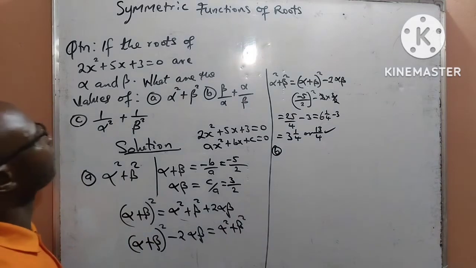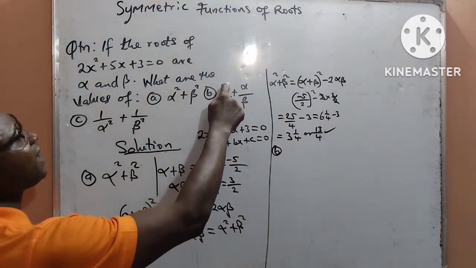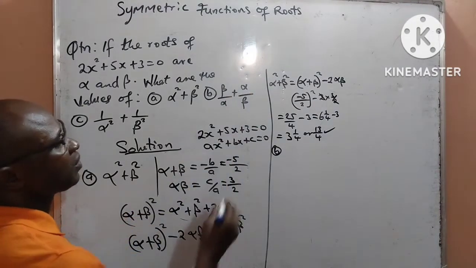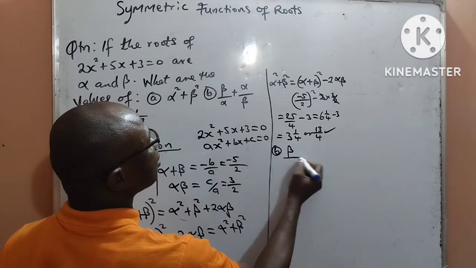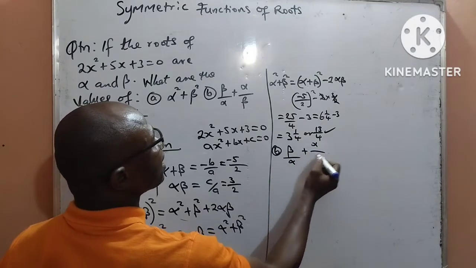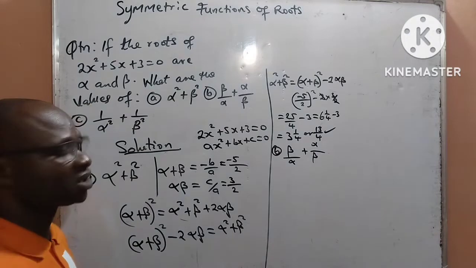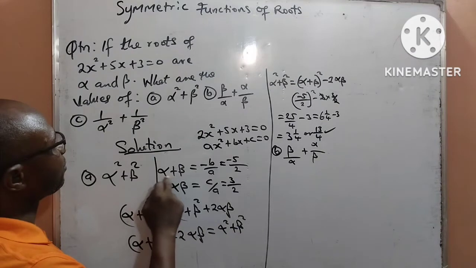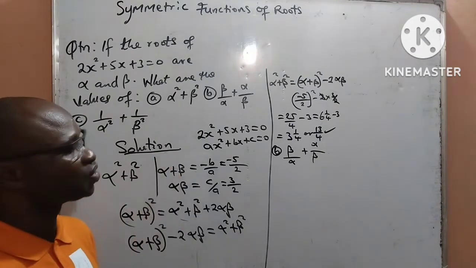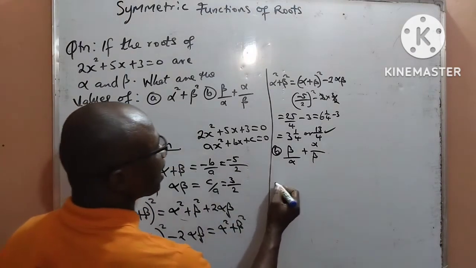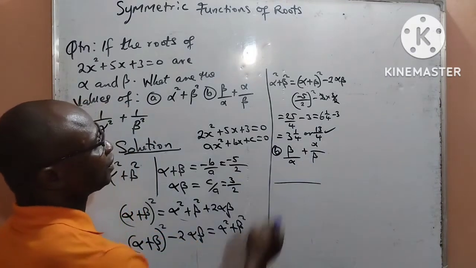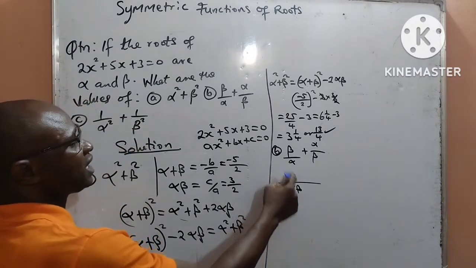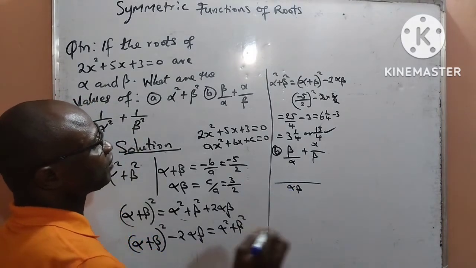In question B, we are given to find beta over alpha, then plus alpha over beta. We are given to find beta all over alpha plus alpha all over beta. Like I said, we have to manipulate this to make sure that it comes in terms of product of the roots and the sum of the roots. So to do that, first and foremost, I want to find the LCM of the two expressions, and that is going to give me alpha beta,